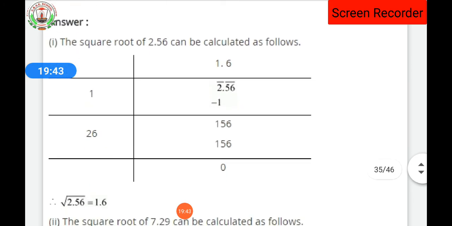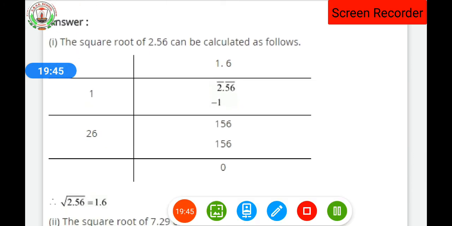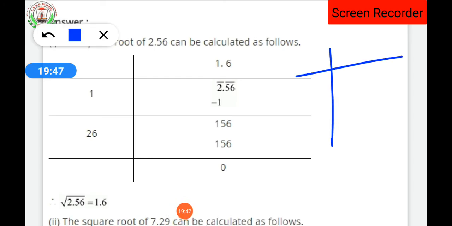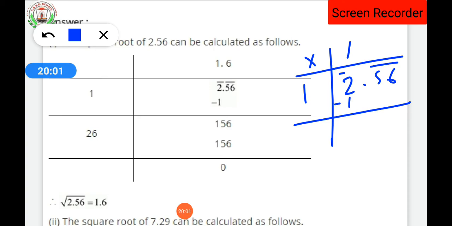Using the long division method we can easily find it out. As we know, we have to make pairs from the right hand side, so 2.56 making pairs of two numbers, the 2 will remain as it is. So 1 into 1 will be 1, as 2 into 2 is 4, and 4 is greater than 2, so subtracting, here we will get 1. Okay, after subtracting 1 from 2, now 56 together comes down. Here 56 will give us a decimal point above, so 1 point something will come.